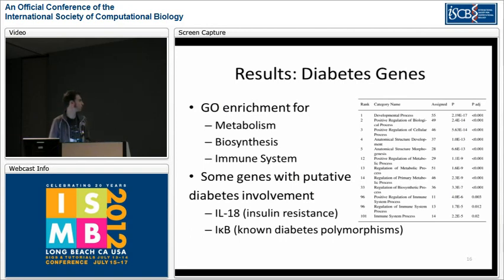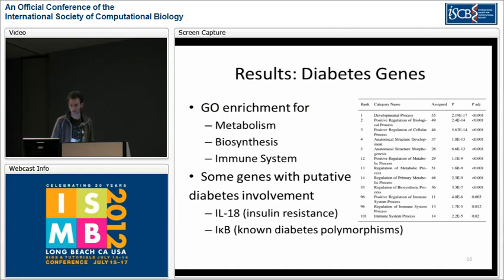So perhaps our technique could help us identify genes which could be important in mouse that actually have such a relationship. So what we did again is we took human genes that are related to type 2 diabetes, and we found the set of mouse genes that are most correlated. First thing we did is we looked at the GO enrichment, and we found enrichment for terms such as metabolism, biosynthesis, and immune system,